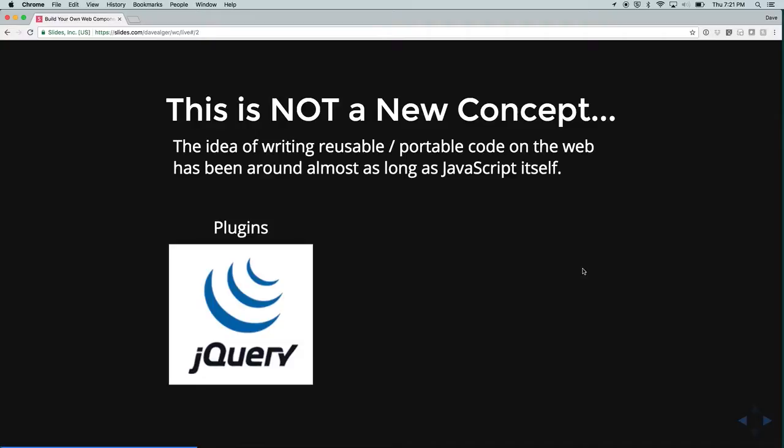Now, who's built a jQuery plugin? About at least half of the people. jQuery had a good run. There was a point in time where JavaScript and jQuery were pretty much the same, interchangeable. And now it's like a swear word, like everyone's trying to get rid of jQuery. But it had a good run. And so, yeah, I built a lot of jQuery plugins that could